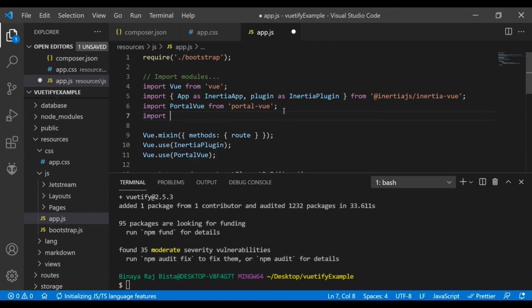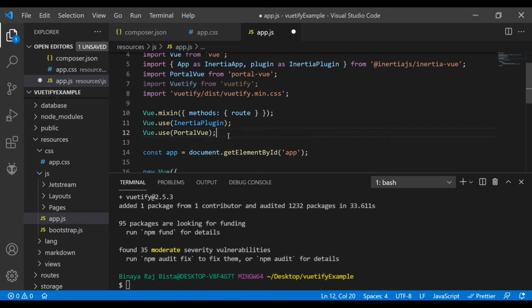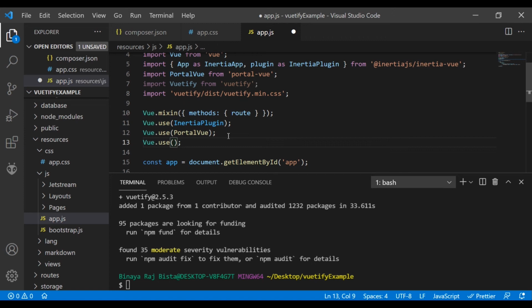To do that, import Vuetify from vuetify and import vuetify/dist/vuetify.min.css file. We have to import these two files, and then you have to use Vue.use(Vuetify),